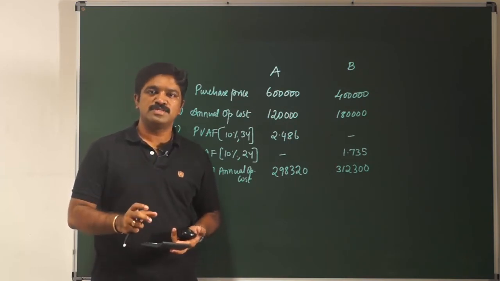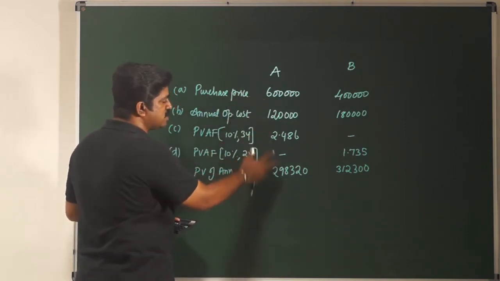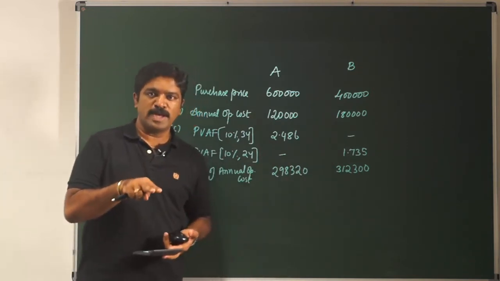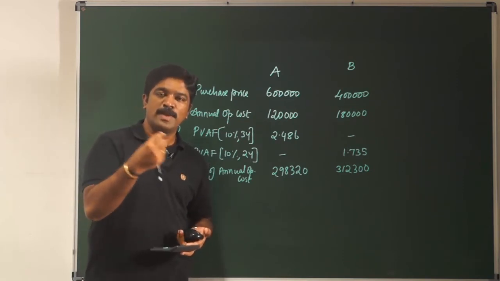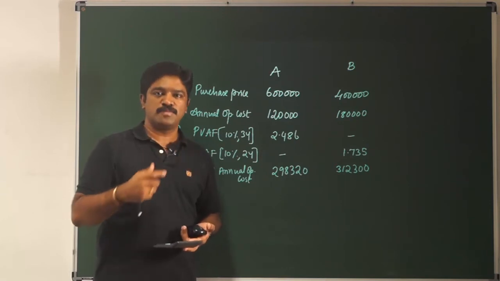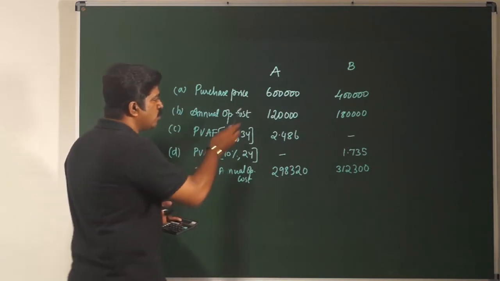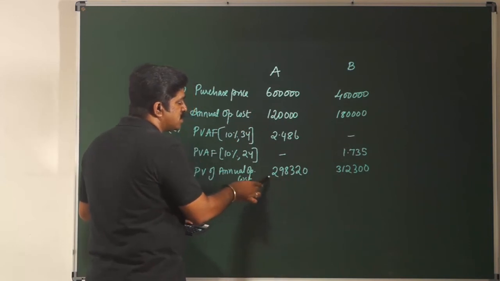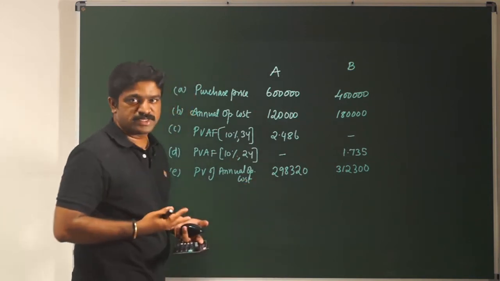So what we have to do is, we know what is the overall cash outflow in present value as far as these two projects are concerned. But if you want to make these two projects comparable, which are standing in two different buckets, you have to make them comparable in equal annual form, that is in per year language. How am I going to do that? I know this is spent now and this is spent over a period of 3 years. So what I'll do, let me add both and let me express it in per year language.